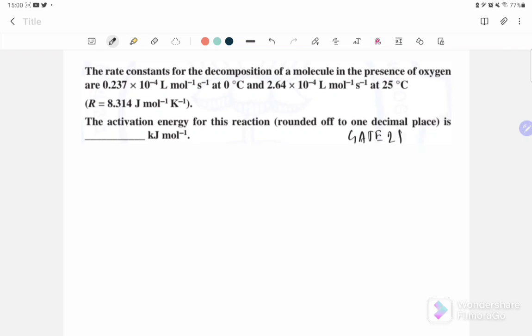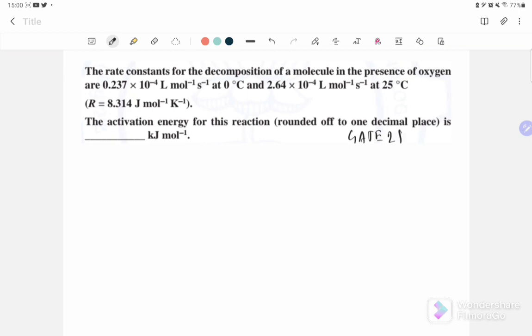We'll do the GATE previous year questions from the chemical kinetics topic. I completed the JAM previous year questions of this topic, so now I decided to cover the 2011 to 2021 GATE previous year questions of chemical kinetics. I'll cover this whole topic in two videos. The first video will cover 2016 to 2021, and the next one will be